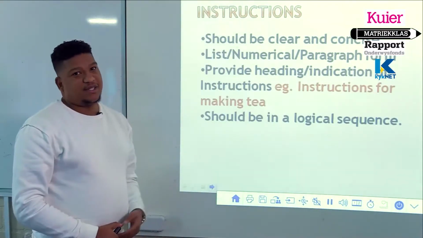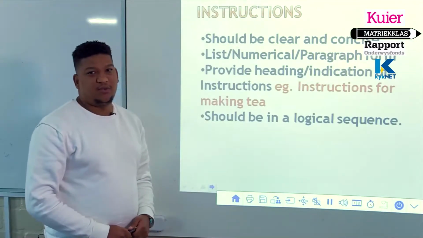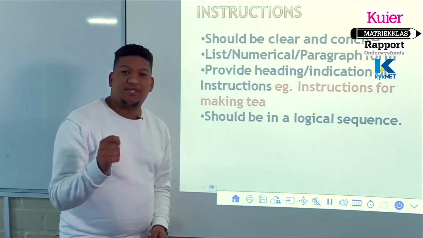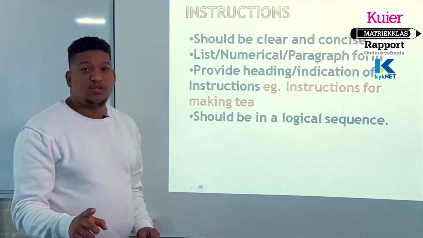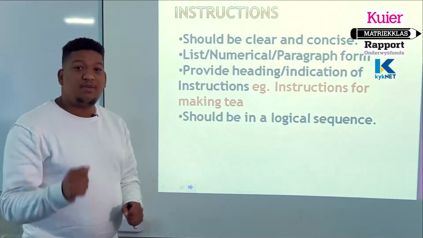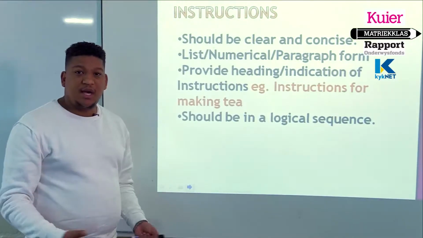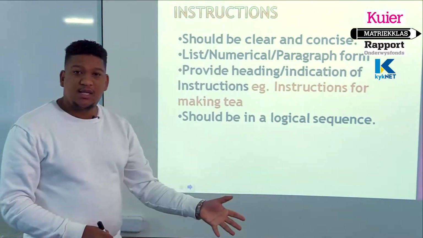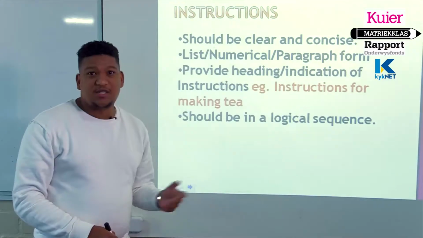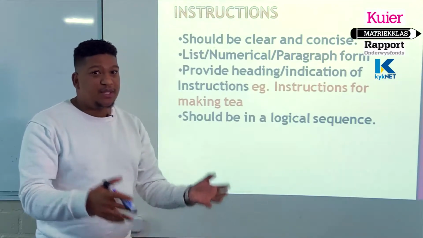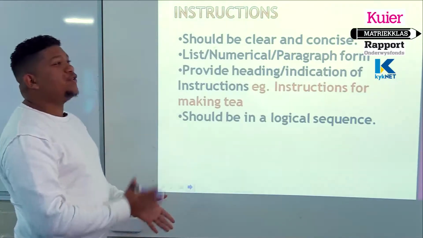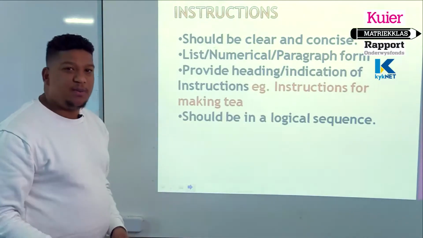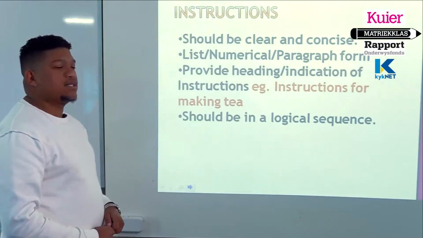And then instructions. This is my favorite, grade 12, because it's simple to give someone instructions. Very clear we can give this, but we can also do it wrong. And then the person follows the wrong instructions. At home, mom tells you do this. We don't always do what mom tells us to do. Or we do it, but we do it in our own way, not in their way. But with instructions, we need to ensure we provide it properly. So it should be clear and concise.